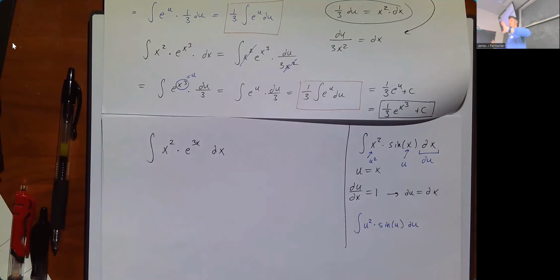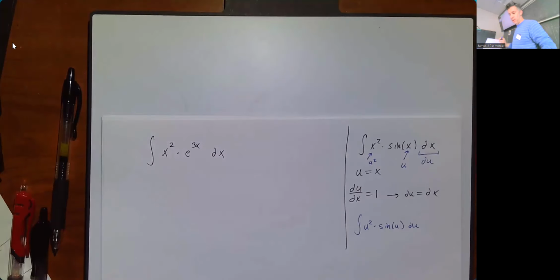On the other hand, and this is an important contrast, if you're doing integration by parts, it is perfectly okay to let u equal x because you're going to let dv equal the rest. It's a very different process. So integration by parts is very different. It's okay to let u equal x. So for this problem here,